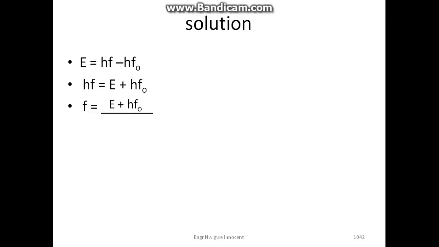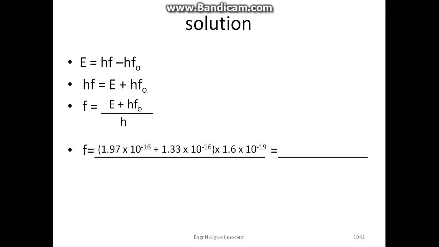Solution. Capital E is equal to hf minus hf0. hf is equal to E plus hf0. f is equal to E plus hf0 all over h. Substituting the values, we now have f is equal to, in bracket, 1.97 times 10 raised to the power minus 16 plus 1.33 times 10 raised to the power minus 16, times 1.6 times 10 raised to the power minus 19 all over